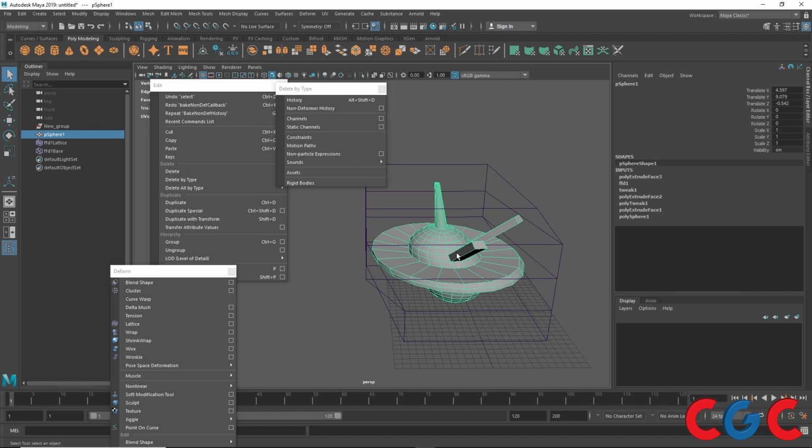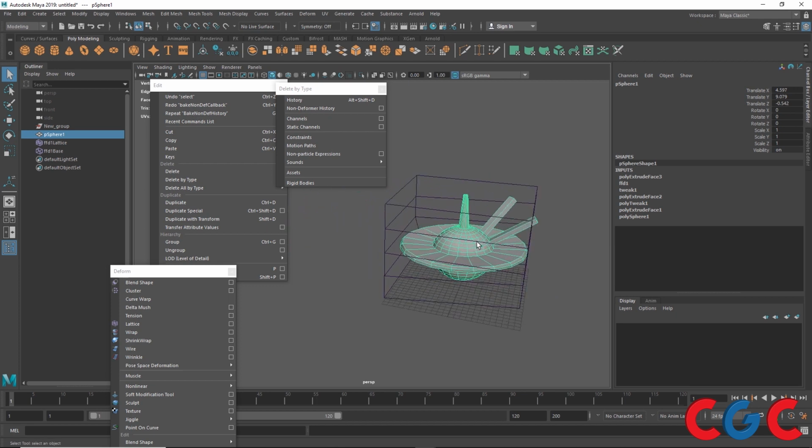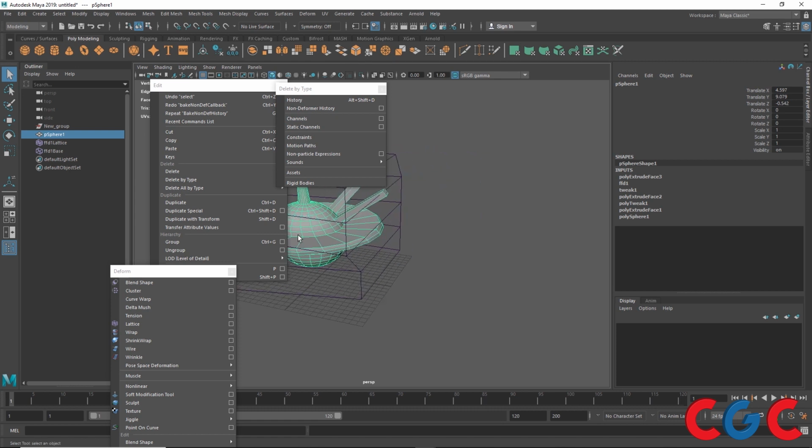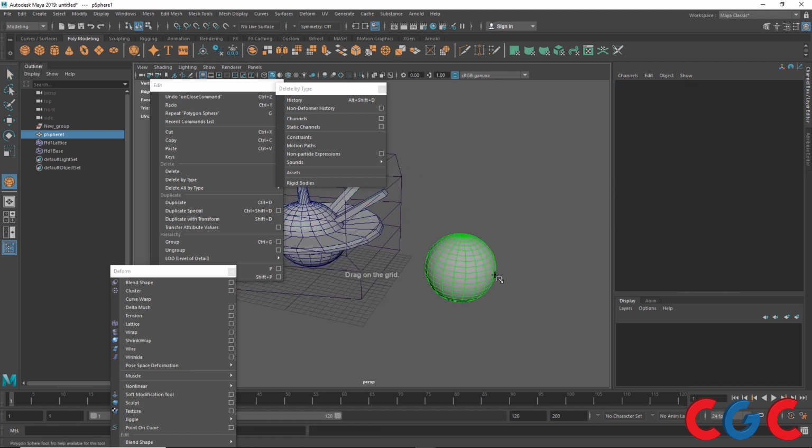This will be useful when we are animating using deformers, or we want a particular function of deformers to be available in our object. Then we have channels and static channels. Channels are nothing but if we give any keying in the channel, if we do something to the channel, if we key,